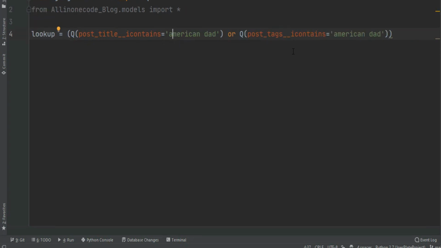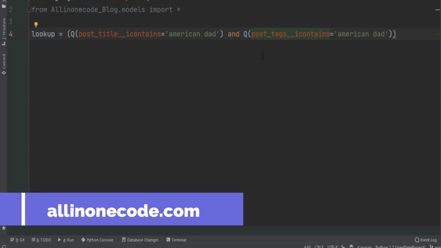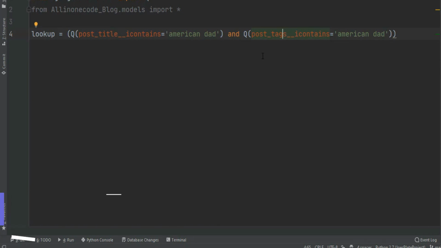So if one of these queries is true, then I'm going to get that particular result. But if you don't want to do this, you can do it like this too. Let's say if one query is false, then you are not going to get any object returned, because AND is a Boolean operator. If one of many is false, then the whole result is going to be false.